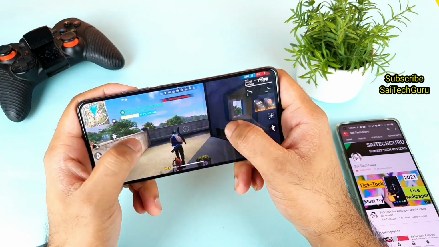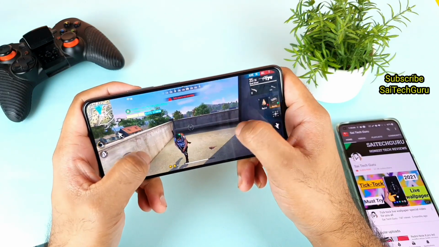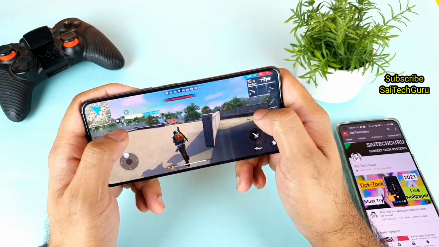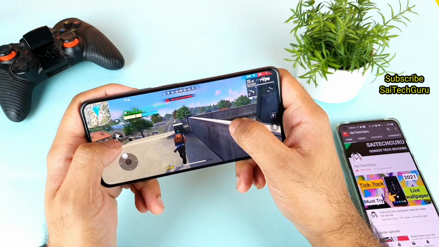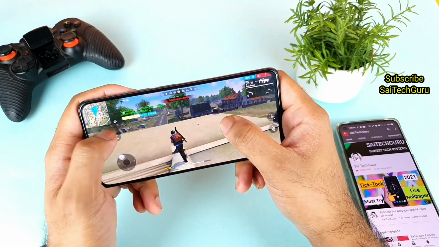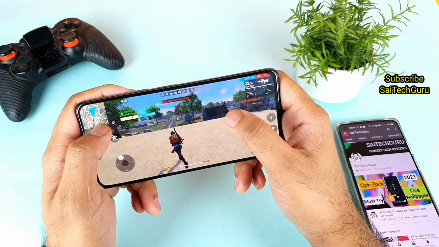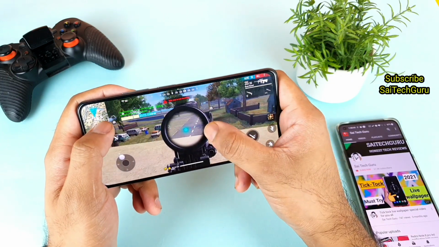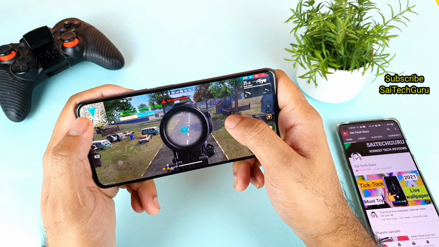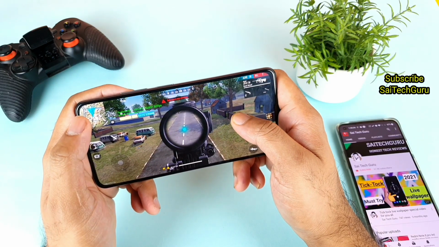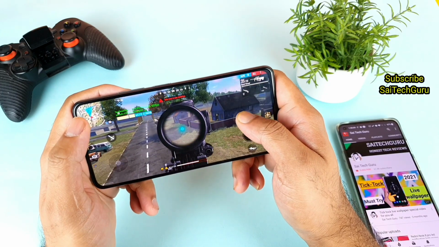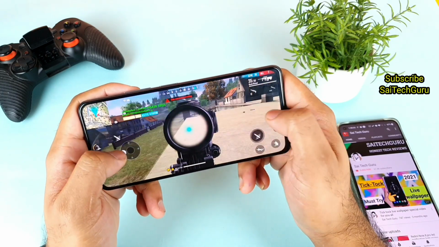So this is a quick review on this Mi 11X device, playing the game and testing the lag issues which are happening, the touch lag issues. I'm not sure whether this is related to the touch or maybe related to the update of the game. So when you're trying to use the scope, as you can see, a little bit of some kind of lag, this kind of lag I'm experiencing.